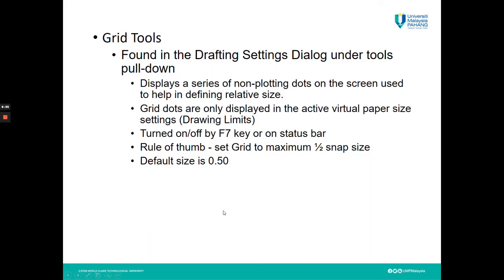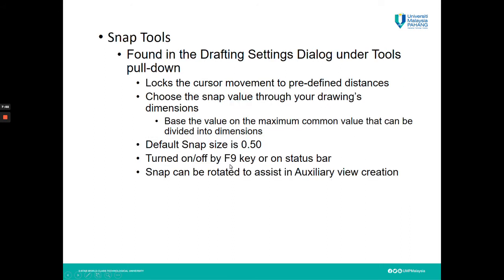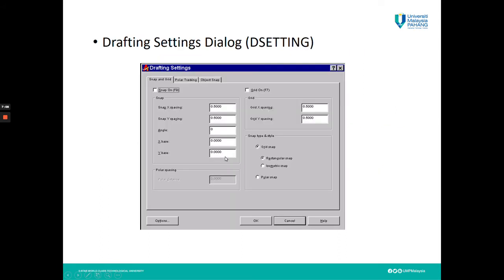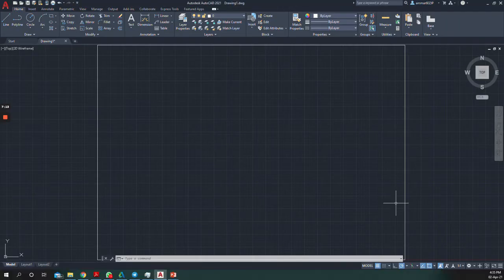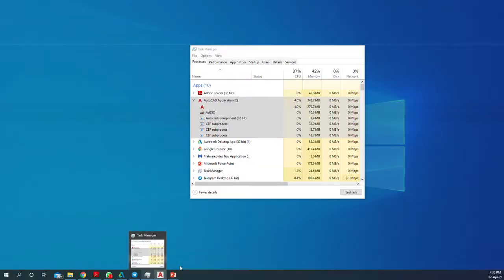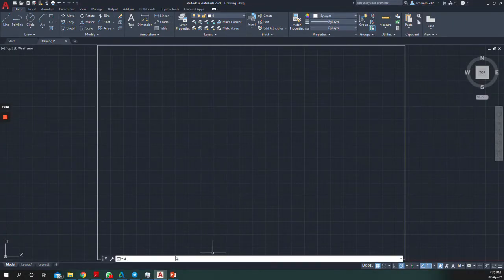Now for turning on and off by F7, the rule of thumb is to set the grid to a maximum of 1/2 snap size, which is 0.5. Last time I was talking about the F9 key. To get this, you need to type in D setting. So go to A, type in D setting. So this will give you the